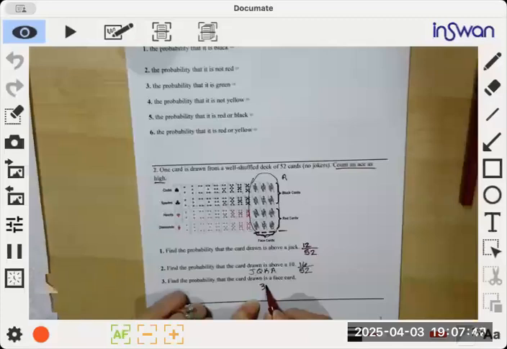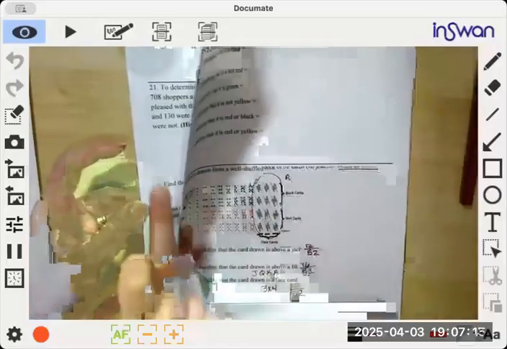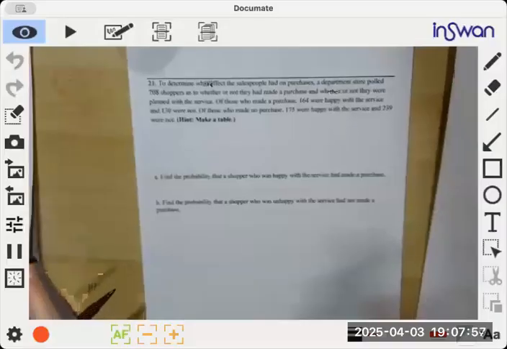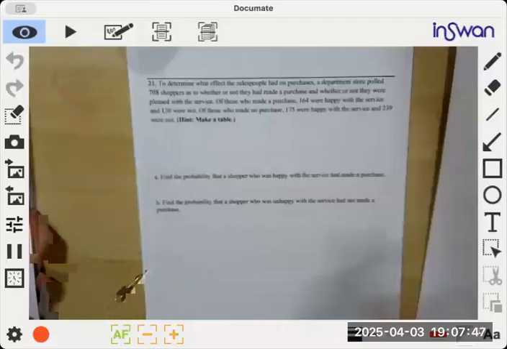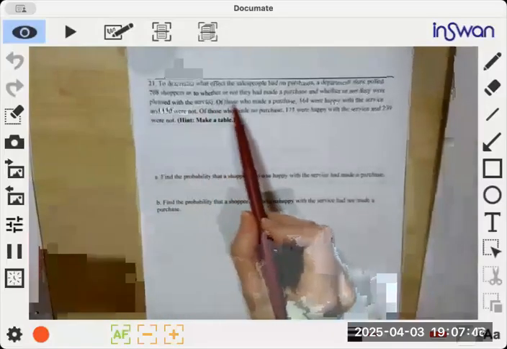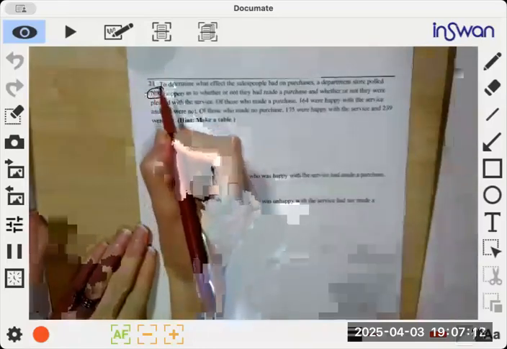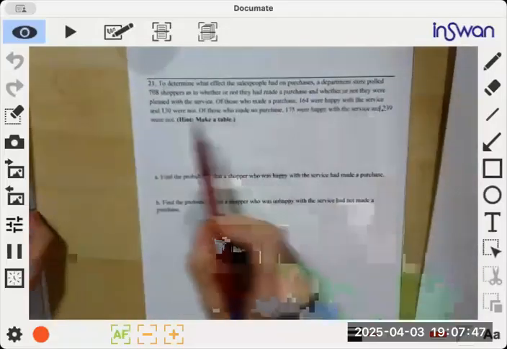Can you go over number 21? All right, my computer's on. So I went ahead and I made my table. I think the thing that I'm getting most confused about is what the denominator is in a problem. Okay. All right. So to determine what effect the salespeople have on purchases, a department store polled 708 shoppers as to whether or not they made a purchase and whether or not they were pleased with